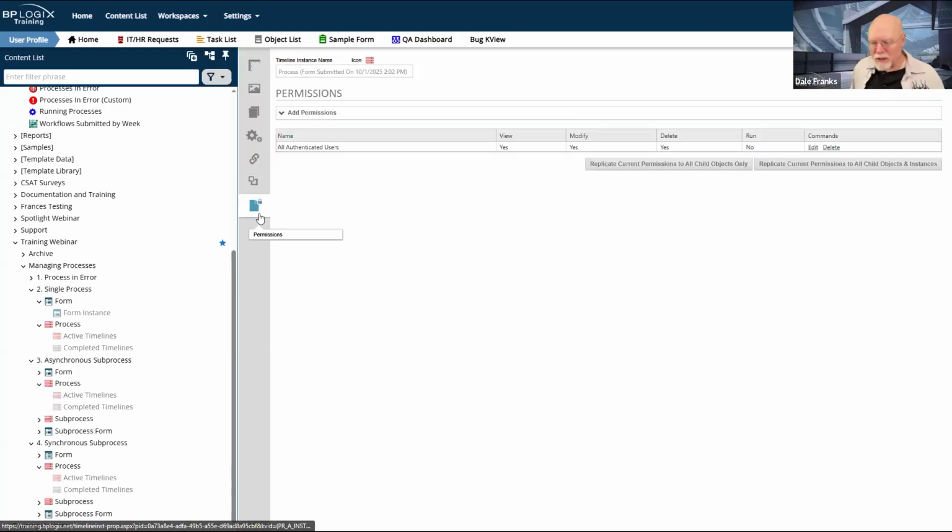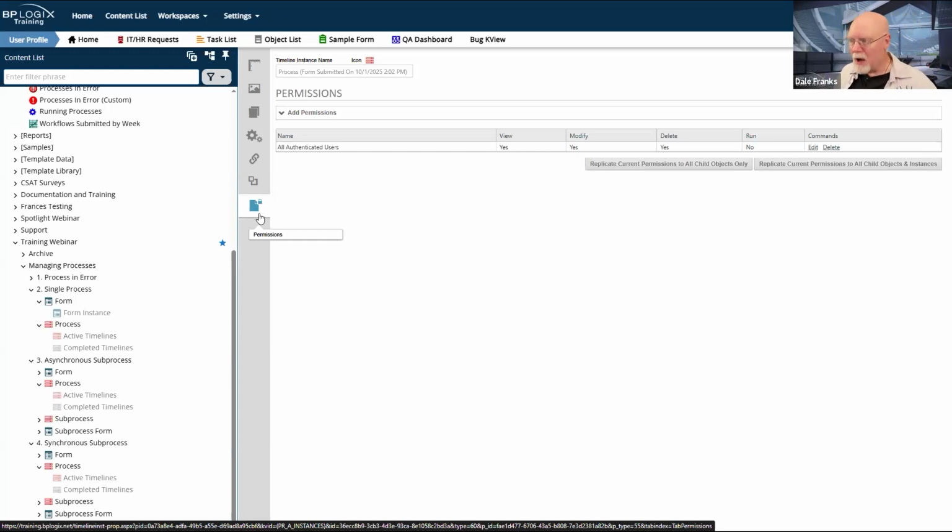Finally, the permissions tab. Every object in Process Director has a permissions tab. A couple of weeks ago, we went through the whole rigmarole of how permissions work, so I'll not replicate that here, but you can go in and change the permissions as necessary for an instance. Again, generally not necessary. Generally, you're going to have your permissions set. You have a permissions methodology. You've assigned permissions at the folder level, and you're going to depend on inheritance to reliably set all of your permissions as they should be set.